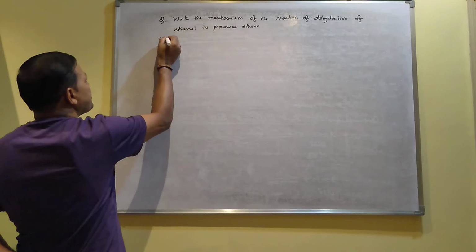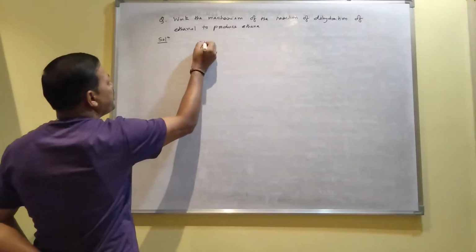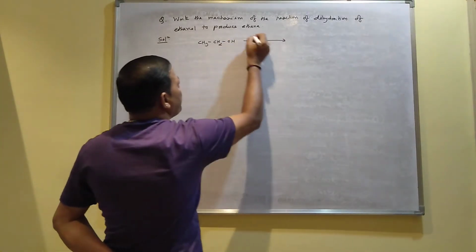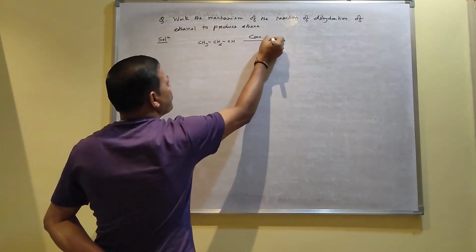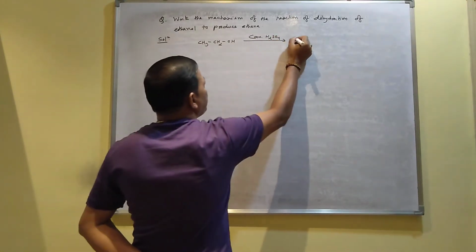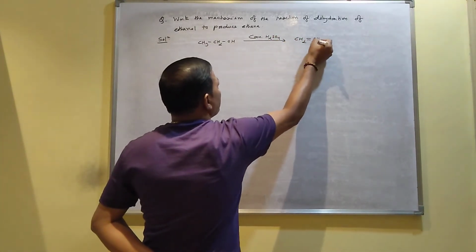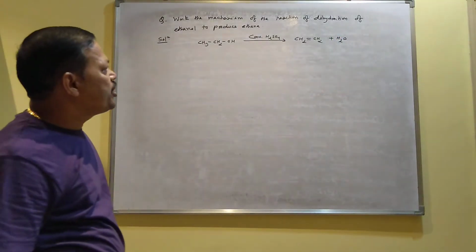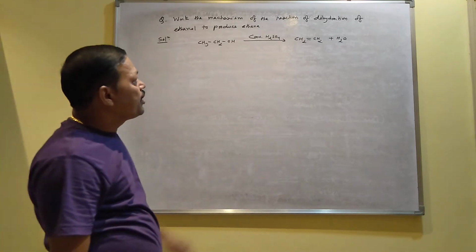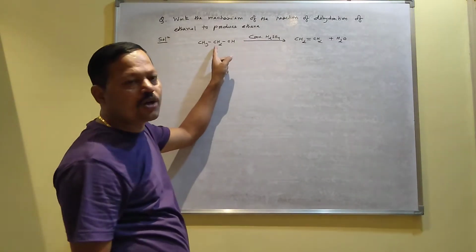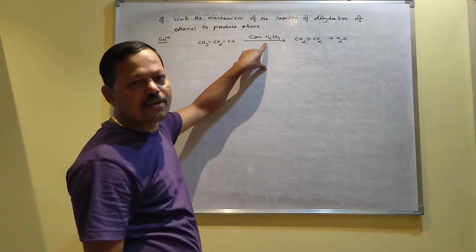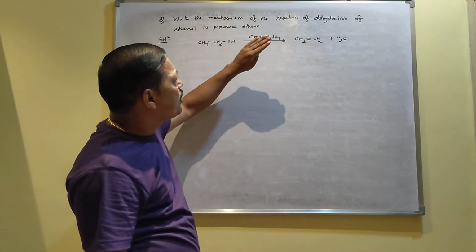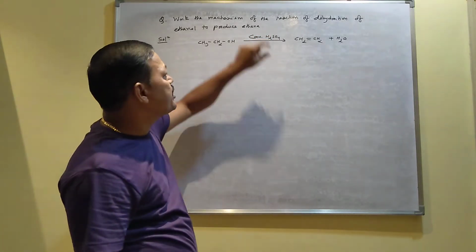Already you have got this reaction when ethanol, I mean CH3CH2OH, reacts with concentrated sulfuric acid, then you will get ethene as the product and the side product will be water. So for this reaction you have to draw the mechanism, and here how sulfuric acid removes water, what is the function of sulfuric acid. If you want to know it, then you can understand when you draw the mechanism of this reaction.